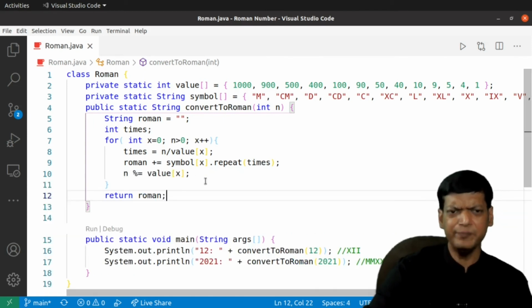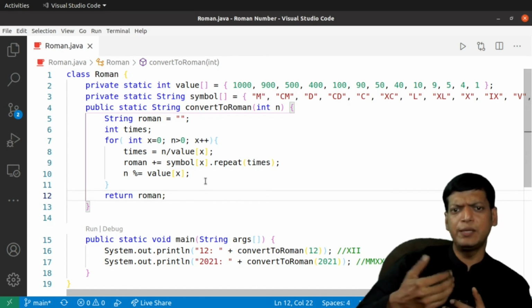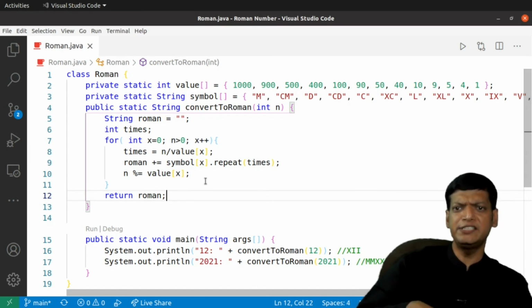One more thing. In the modern representation, the highest number should not exceed 3999.